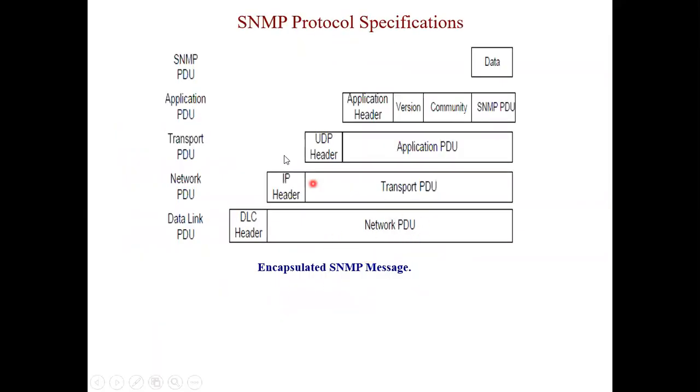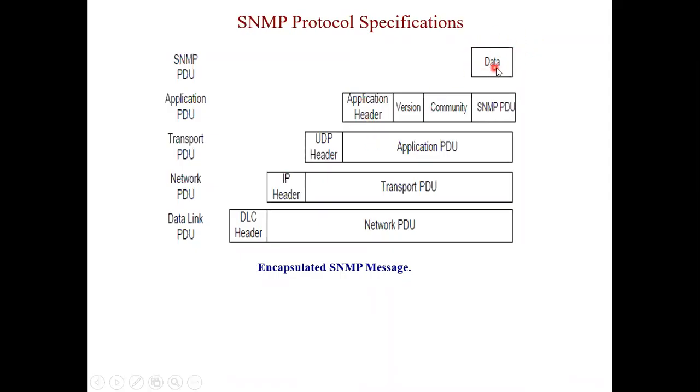So how is message encapsulation done? The SNMP PDU, meaning I have data. Out of those 5 messages, I have one. So at the application layer, I have the version, community, and this SNMP PDU data that came here, and the application layer will add one application header. You have seen all this in your OSI. Every layer from the application, when it goes to the physical layer, attaches its own header. The same way it is happening over here.